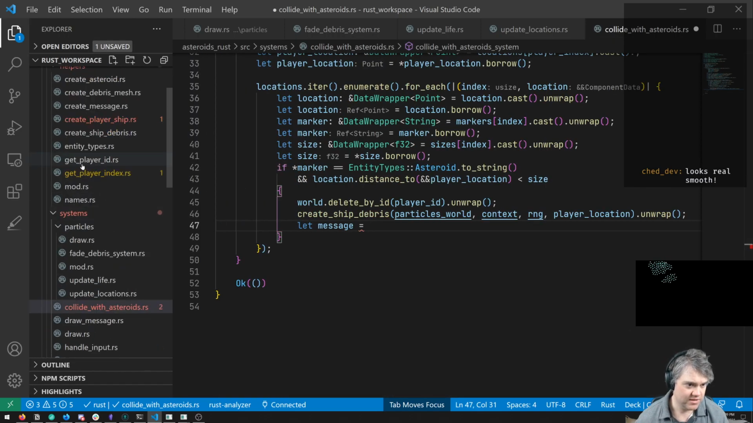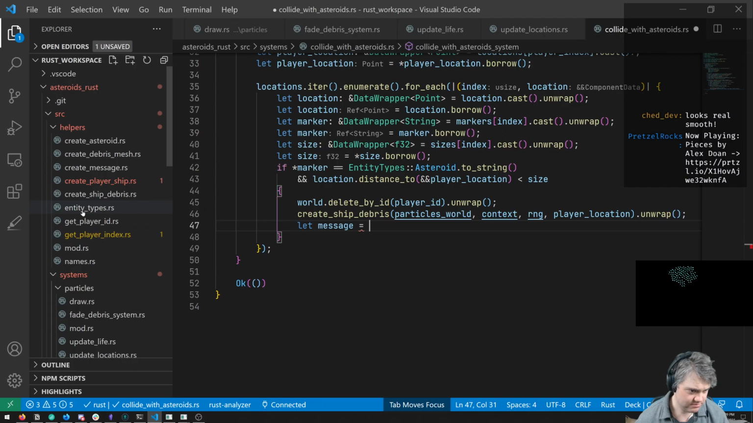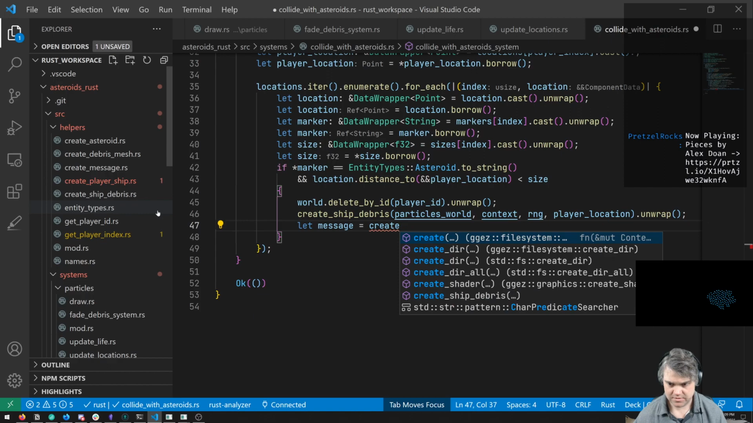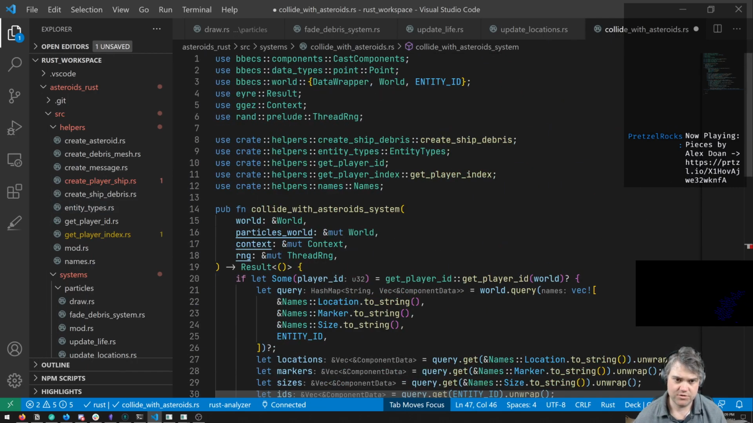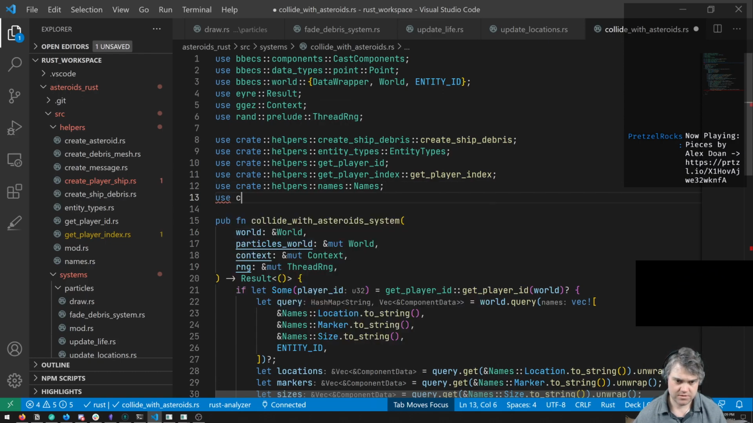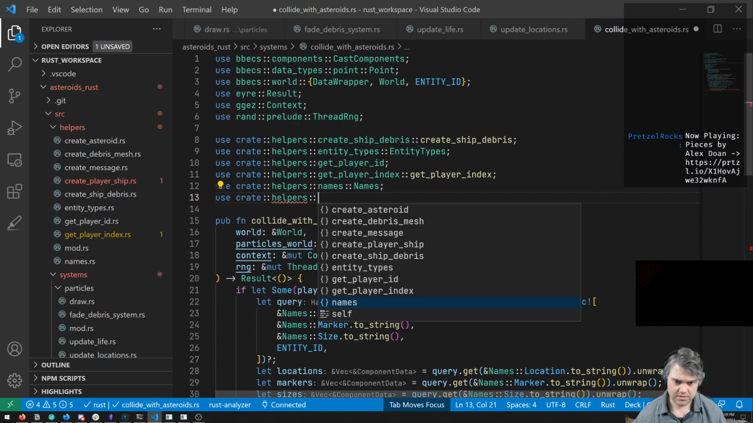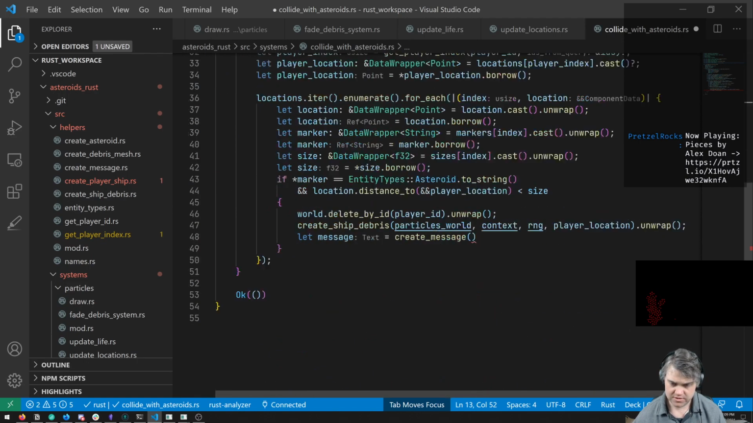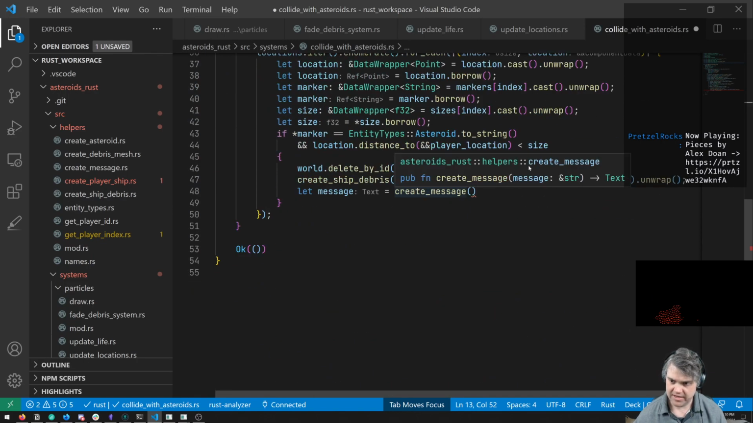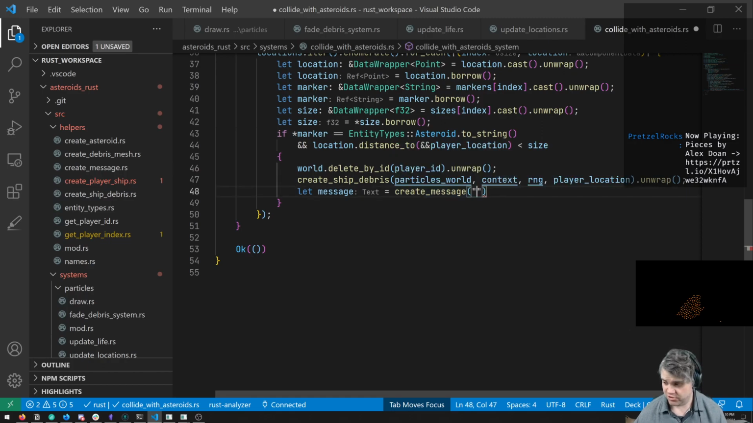What is it called? It's in helpers, create message. Oh, you don't know how to find it. Let's use... So in helpers, create message, create message. Okay, you just take in the message to create, which is